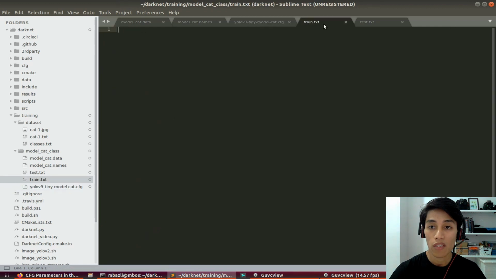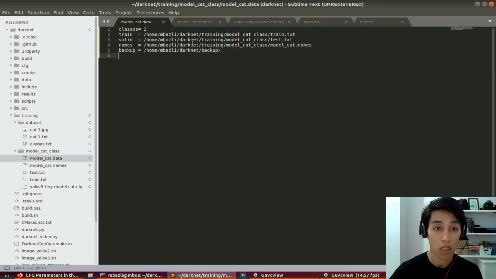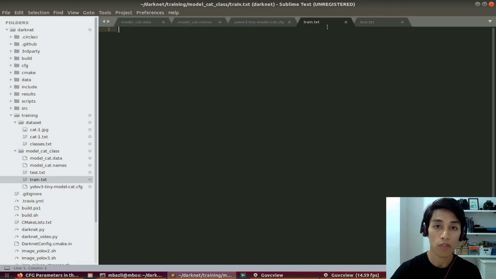And then the train.txt and test.txt here. What should we put inside? Okay, remember that we talked about machine learning. We're going to train the model, to teach the model: this is the cat face and this is the cat eye. So we're going to put the list of images for the training process and the list of images for the validation process,